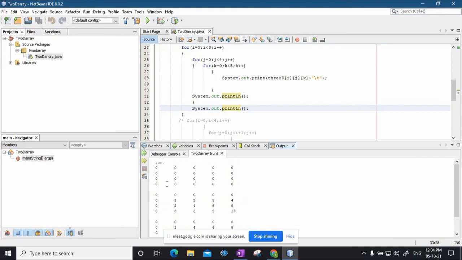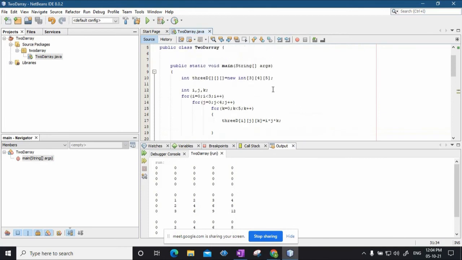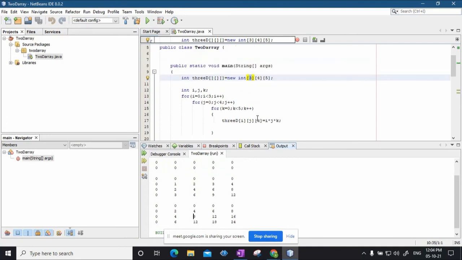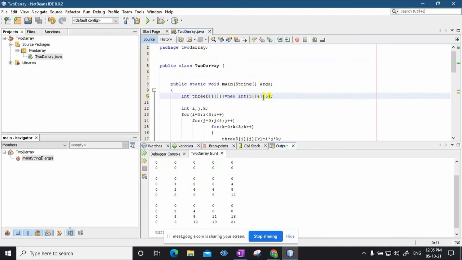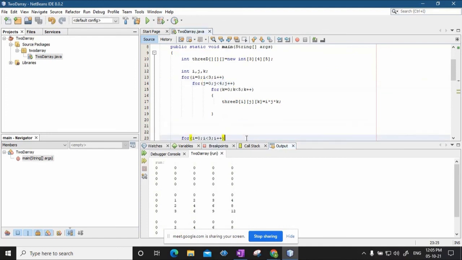So whenever you talk about 3 dimensions, the first dimension always corresponds to the index of the first matrix, then the index of the second matrix, then the index of the third matrix. Whereas the second and third parameters specify, in each of these 3 matrices, what are the rows and what are the columns. So this is basically what a 3D matrix means in Java.